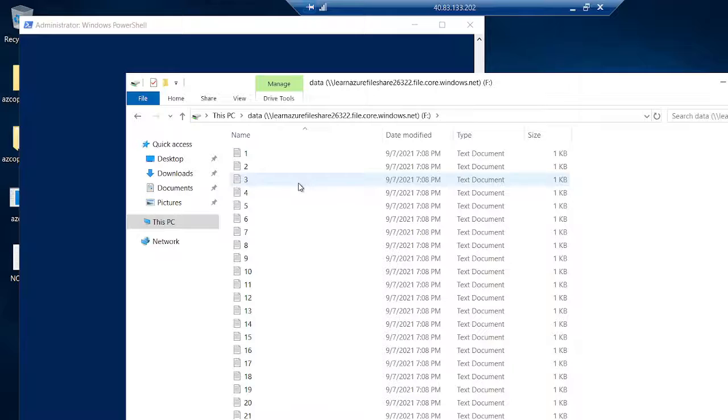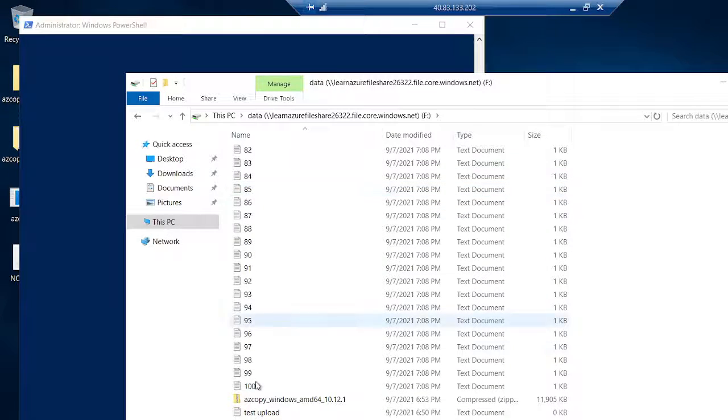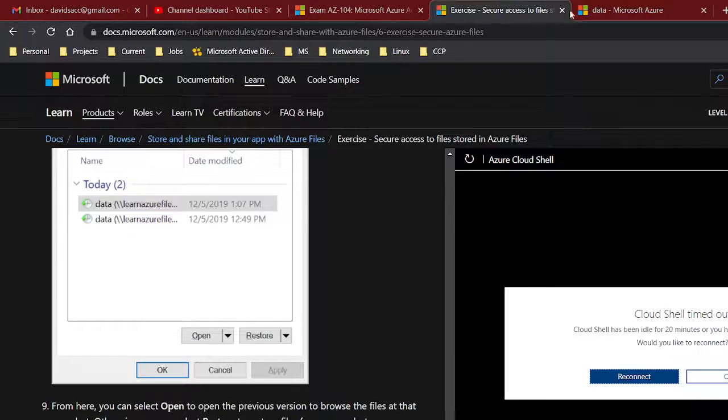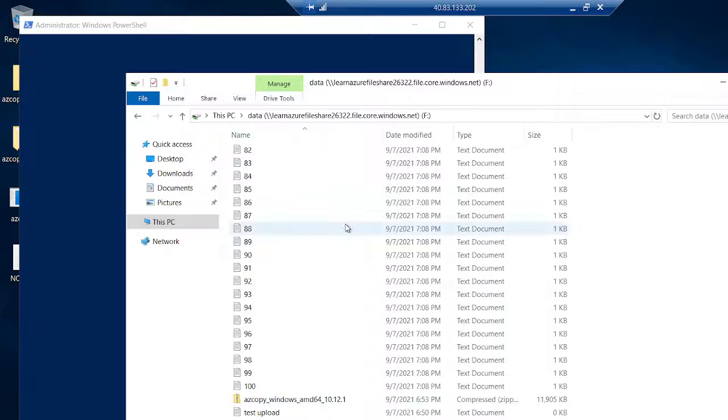Here's the 100 files that were created. Right click on a text file, properties, and then